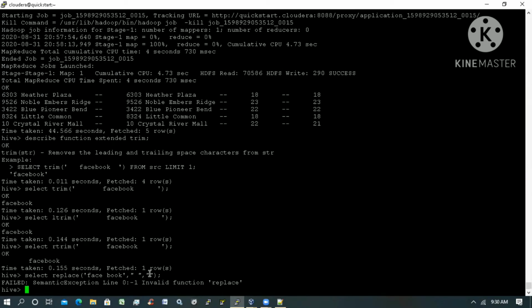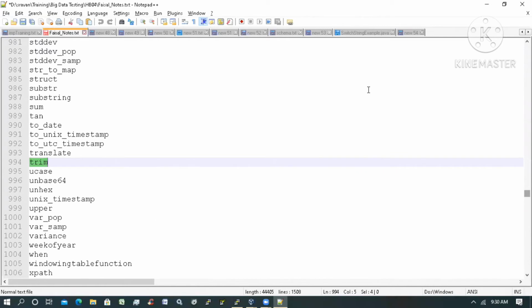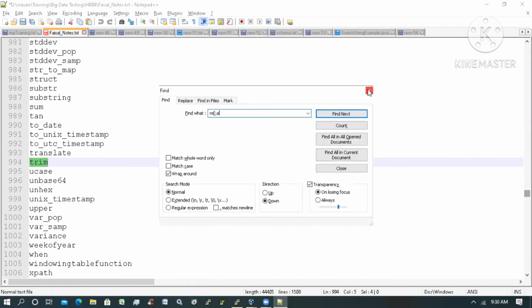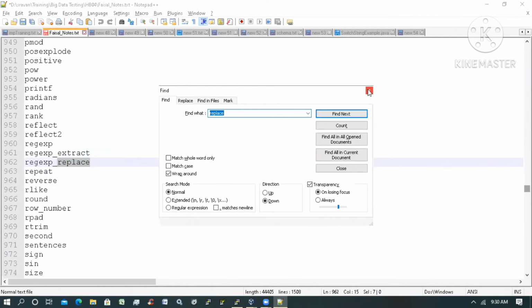Invalid. Okay, one second. Okay, we have regular expressions.